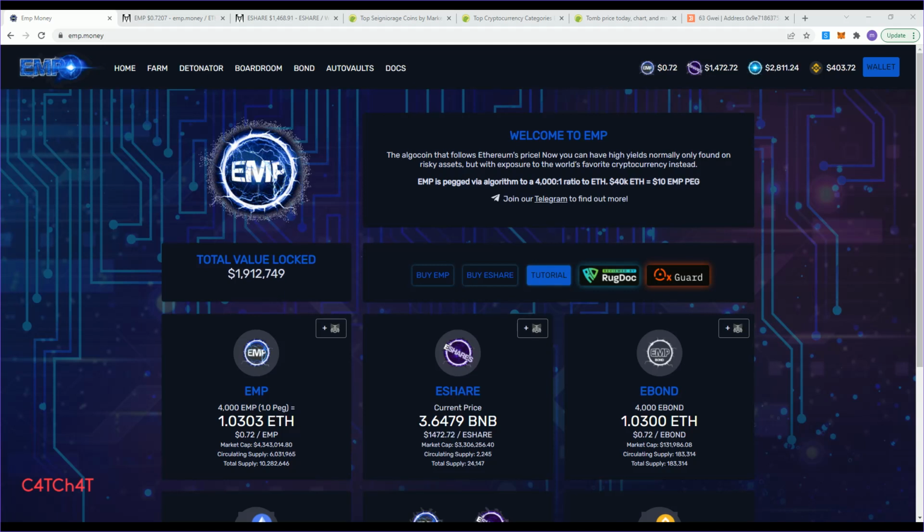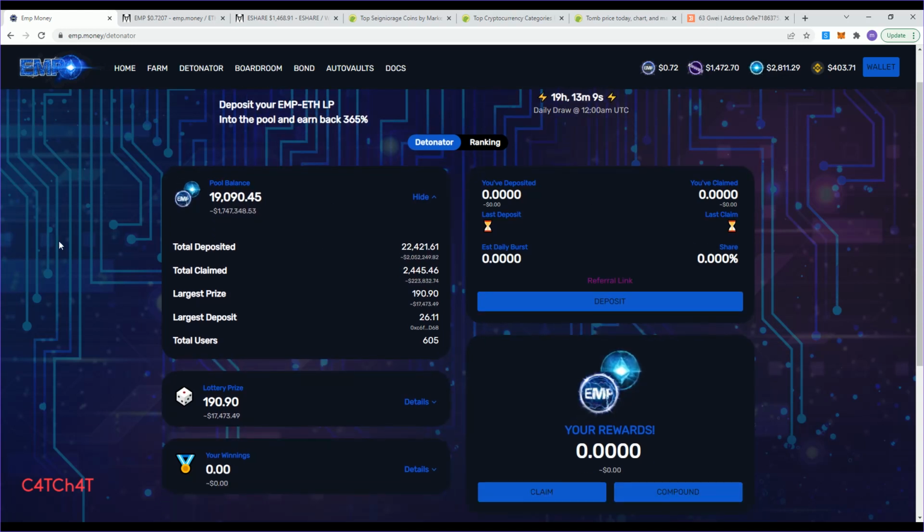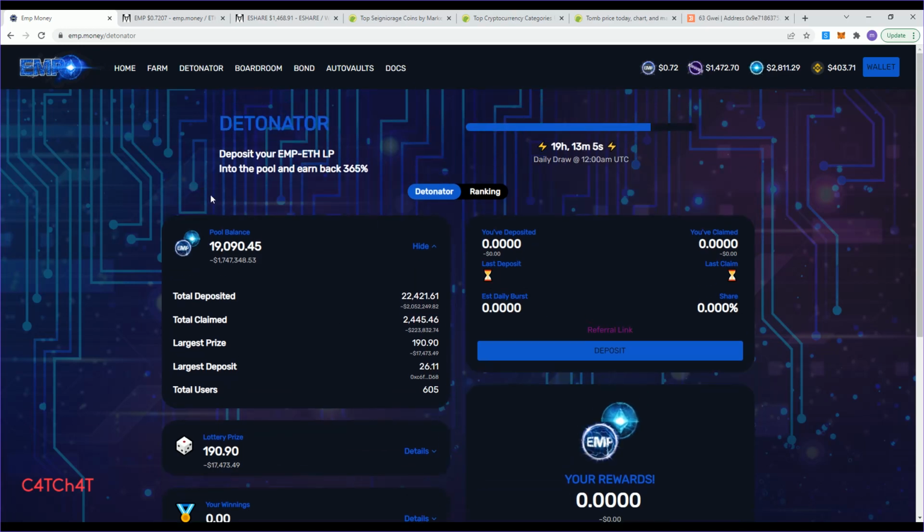But this is just about Detonator, and these videos can end up getting too long and you end up just getting off track. And I'm brand new to this, so bear with me as I work through all these little things. So we're going to talk specifically, as I said, about Detonator. So Detonator, as we can see here, some information that doesn't mean anything to you right now, but hopefully at the end of the video it does.